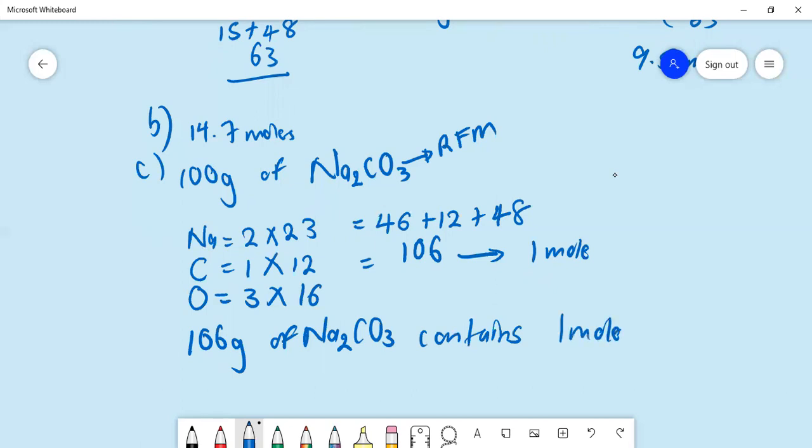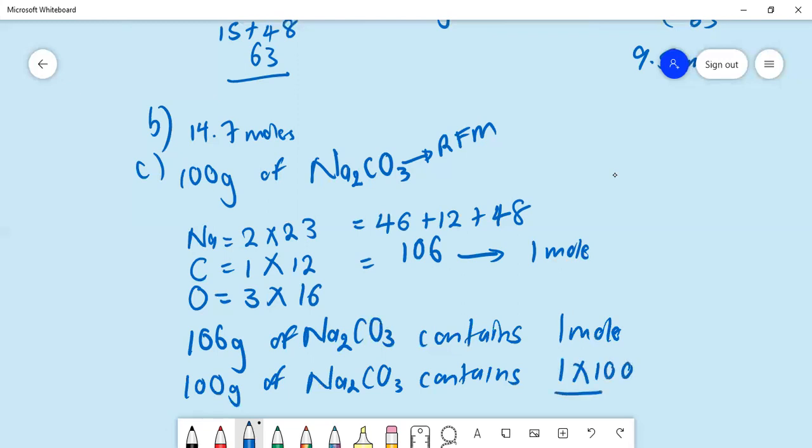Then 100 grams of sodium carbonate contains 1 times 100 out of 106. These are moles. Very good. What do we get? 1.06